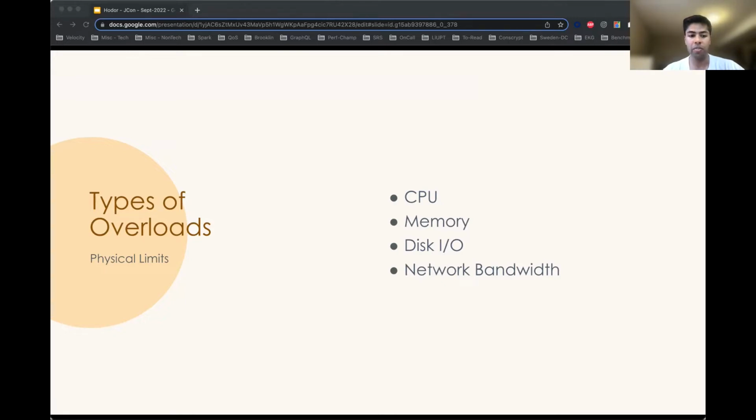We can follow a similar thought process as I just laid out for CPU to think about other physical resources. For instance, in case of memory, there is a finite amount of memory, which is a hardware characteristic. Similarly, storage devices, whether spinning disks or SSDs, are rated for IOPS, which is also a finite resource based on hardware characteristics. Any of these resources being exhausted because of an excessive workload will cause the system to enter overload, resulting in degraded performance.